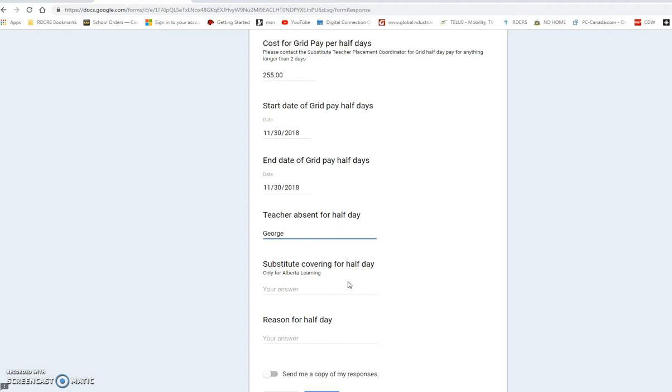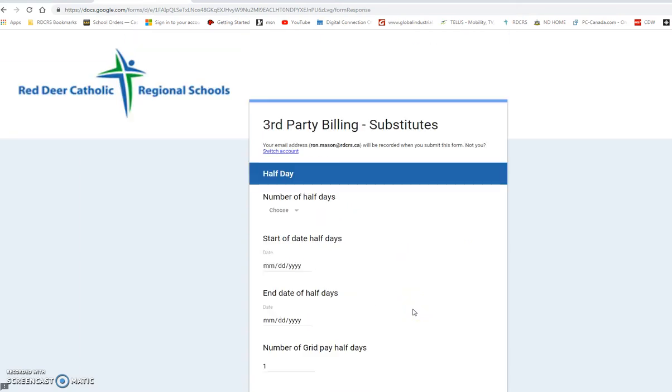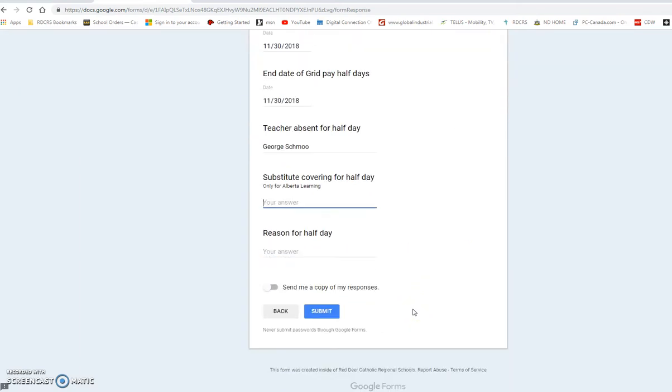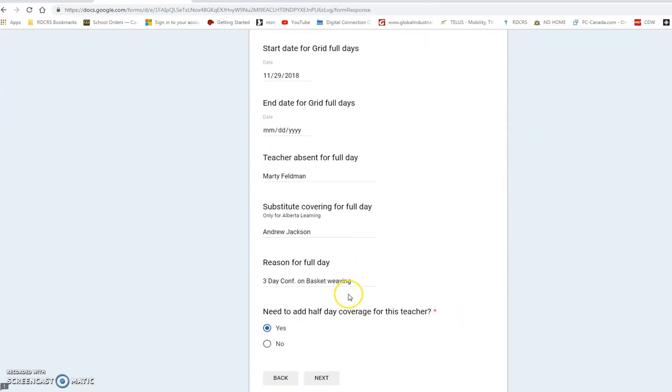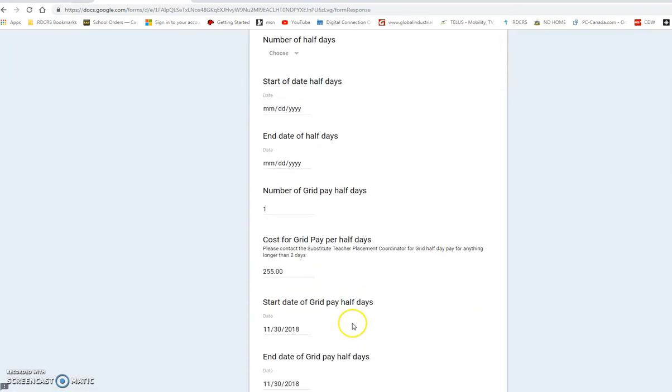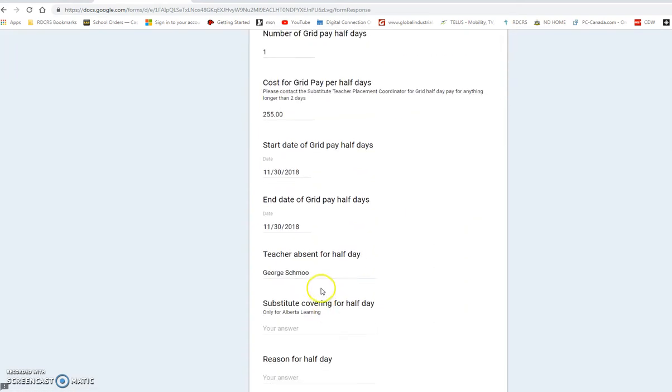George, I thought it was George Schmo. I hope it is. Can't remember. Substitute covering for the half day. Oh my goodness, I forgot the name of the person, the imaginary person. Let's just go back. We just want to make this look good. So teacher is Marty Feldman and Andrew Jackson. Okay, so obviously I did this wrong. M-A-R-T Feldman